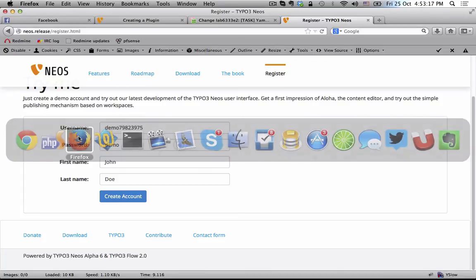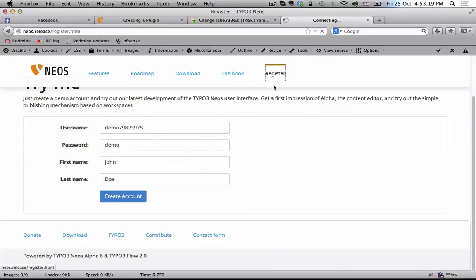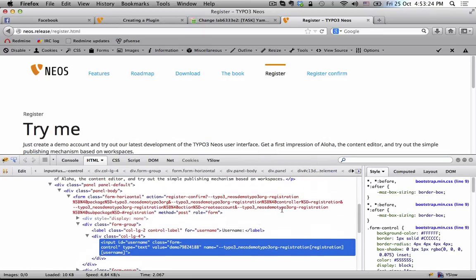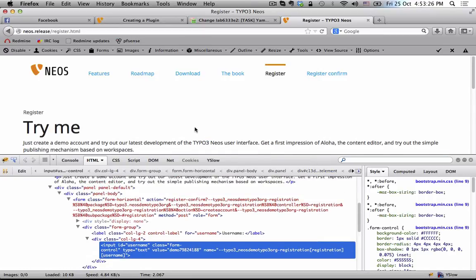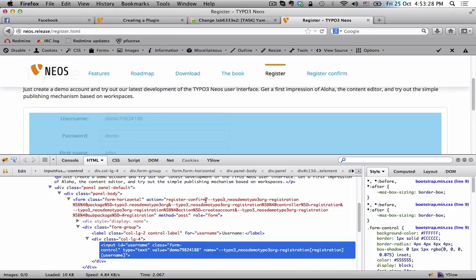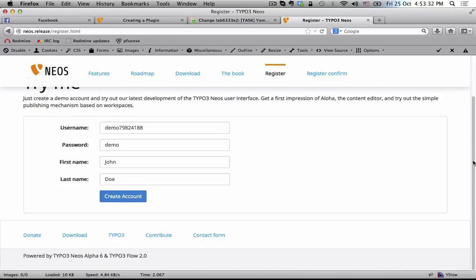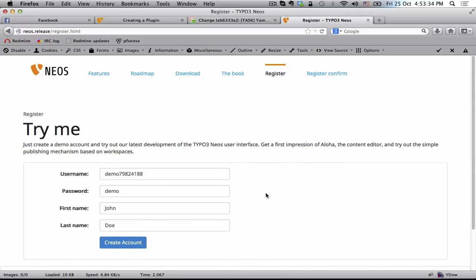Now what we can test is I will go to the register page, and now you can see the form action is automatically changed to the registration confirm page. This way you can properly put the plugins on different pages, and you don't have to do any configuration of node types, etc. Everything is handled through proper node structure. So at this point, if I try to submit this, I will go to the registration confirmation page,